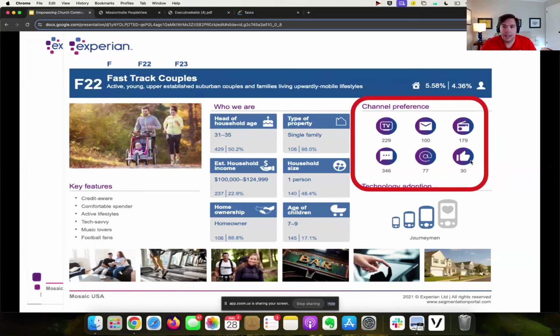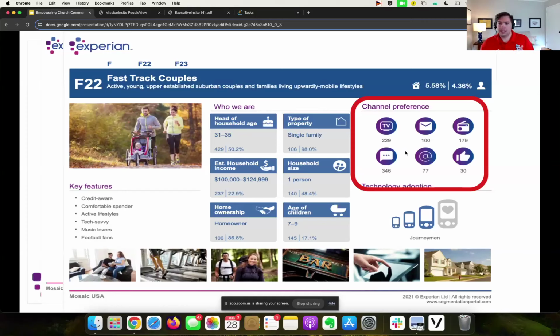Those numbers indicate the likelihood of someone engaging with something that's delivered to them through that method of communication. An important note here is 100 is a baseline. So if it goes under 100, the probability is lower. If it goes over 100, the probability of engagement is higher. Now, we still have to be relevant to them in their messaging and our wordsmithing, like I mentioned earlier, that I probably can't help you with, because that definitely increases the likelihood of engagement. But in terms of just pure channel preference, how they want to be communicated with, this number indicates that.